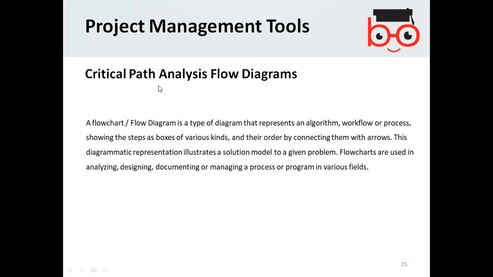Another tool is the critical path analysis flow diagram. You follow the flow chart. A flow diagram is a type of diagram that represents an algorithm, workflow or process, showing the steps as boxes of various kinds and their order by connecting them with arrows. This diagrammatic representation illustrates a solution model to a given problem.